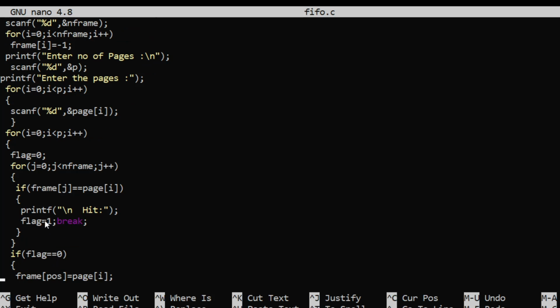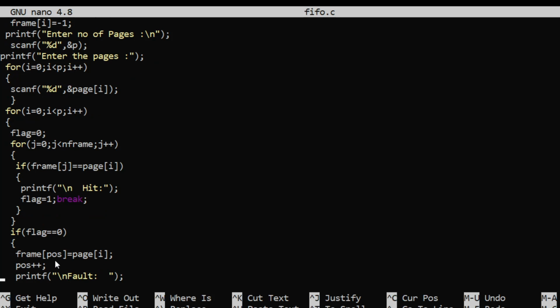Next, if flag equals 0, that means we don't have the page content inside the frames. So in that case, we have to place the page content inside the frames. Where we place it will be denoted by the pos variable.